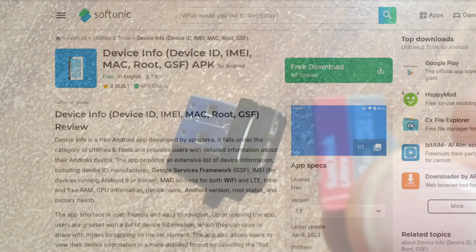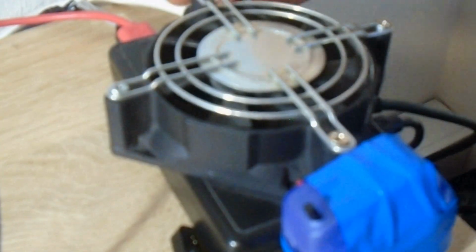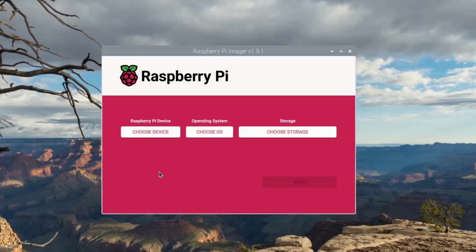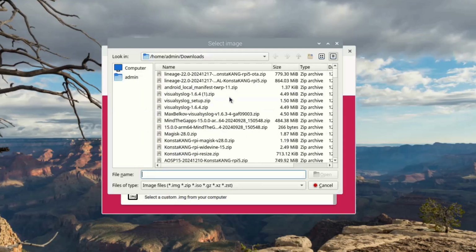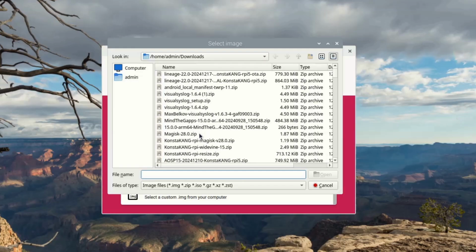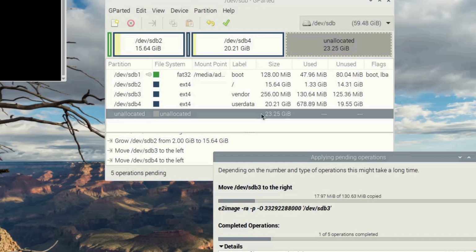Now you need a new SD card or other system drive that you're gonna use for the Android installation. Use Raspberry Pi Imager to copy the KonstaKANG image file to the Android drive. I've used a new 64 GB SSD card, and when I copied the basic KonstaKANG image on it, it turned out that just a small part of the SSD card was actually used. And I felt it was necessary to expand the system partition as well as the user data partition, because they may both run out of space if you are installing a large number of new